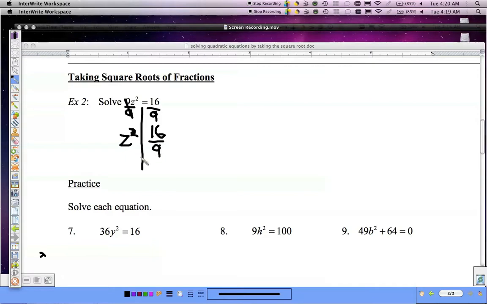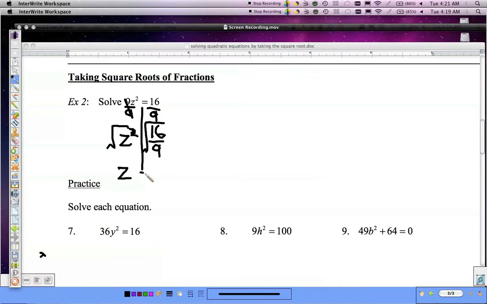which is not a reducible fraction, but you'll notice that both the top and bottom are perfect squares, and that's actually going to help us in this case. So again, we're going to take the square root of both sides. It's the square root of the entire fraction now. It's not just the square root of 16. And then that, of course, becomes z,